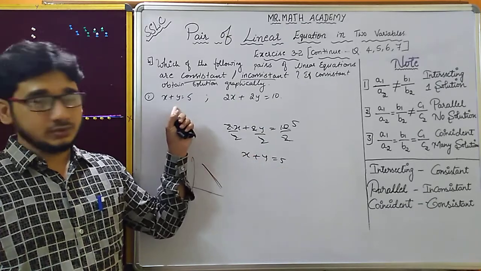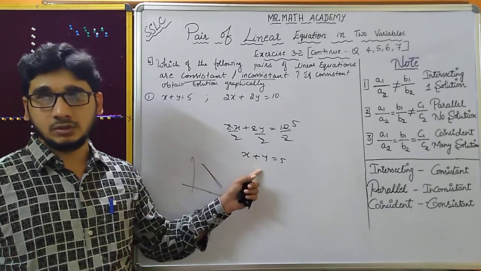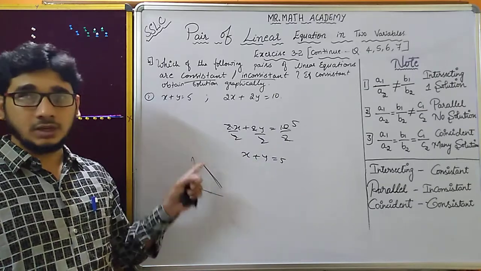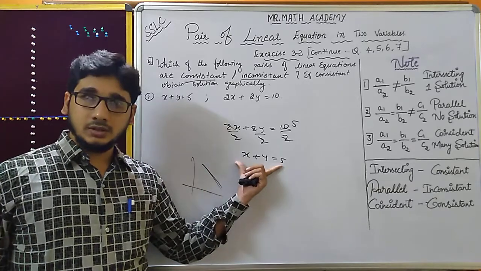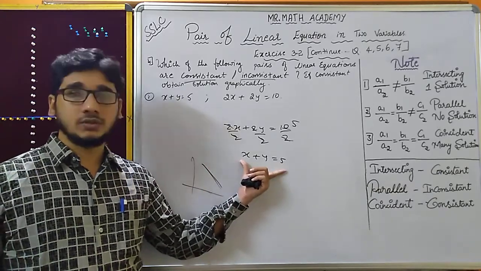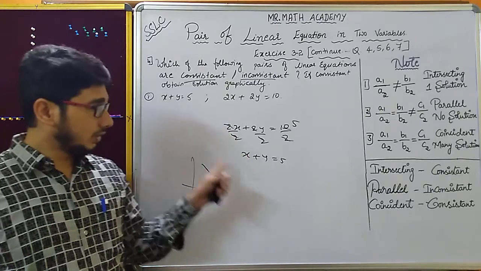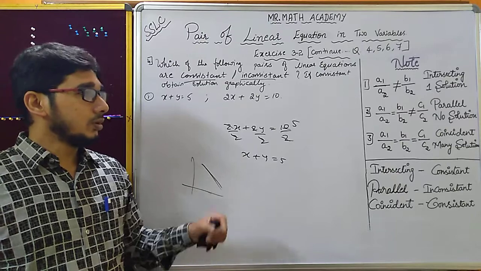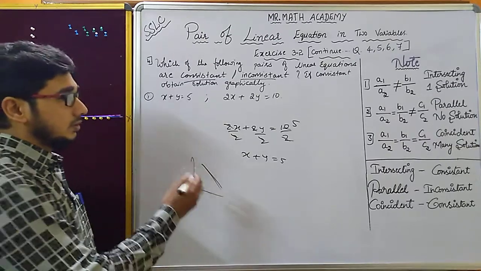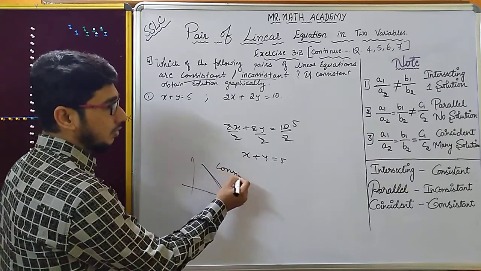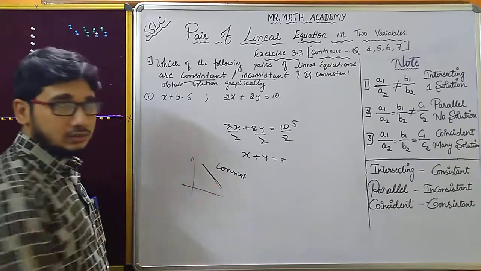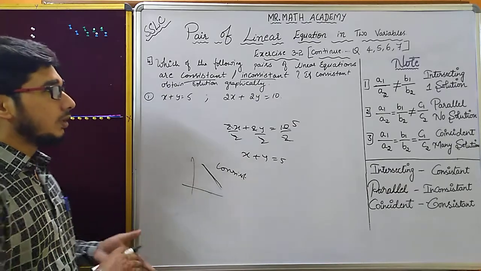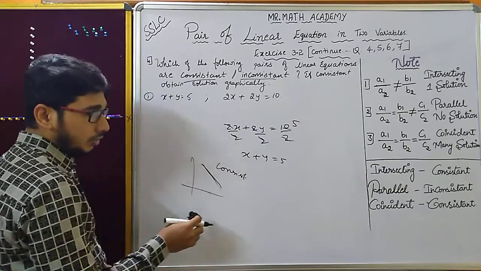What answer you get for this, you will also get the same answer for this. The same line you will plot in the graph, because both are the same. You will get the same straight line, one on another it will sit. So we already know that this is consistent because it is lying one on another. Now we have to plot graphically.